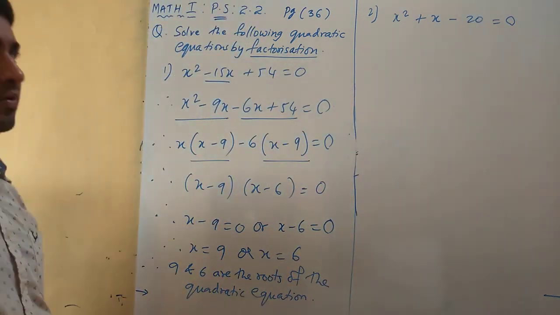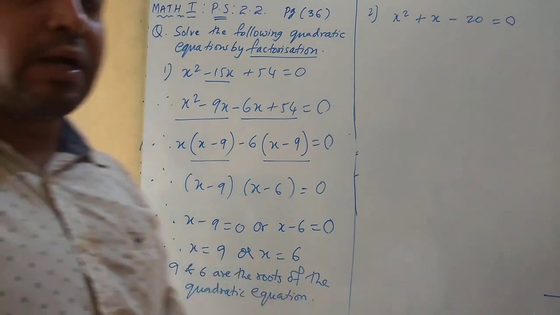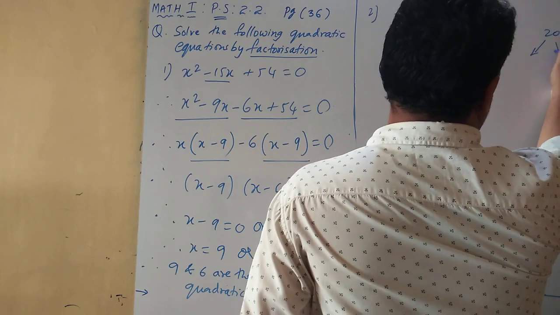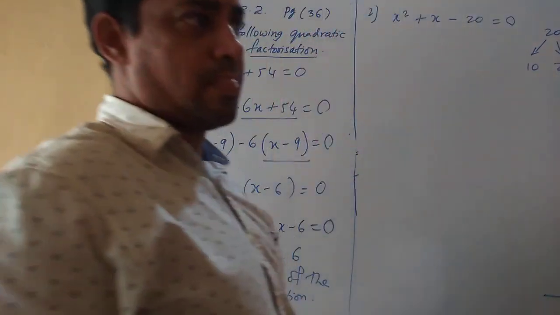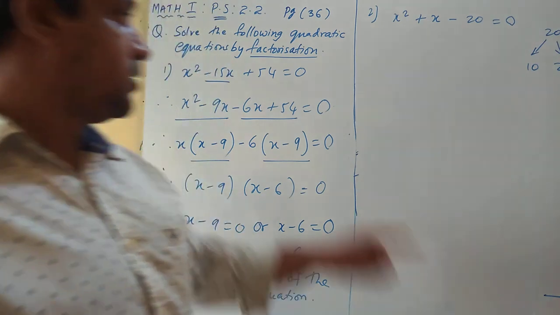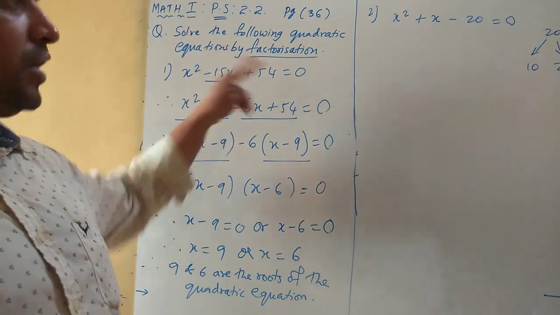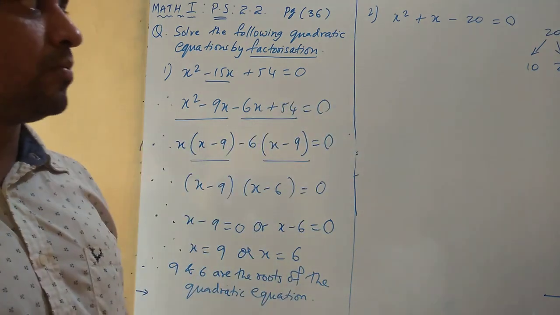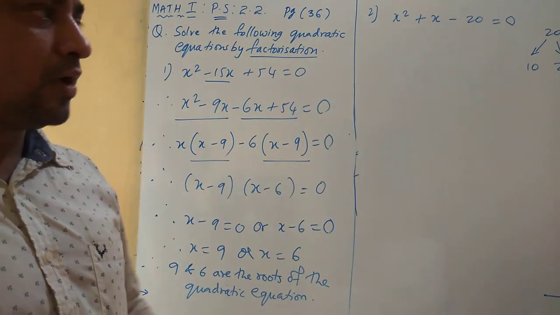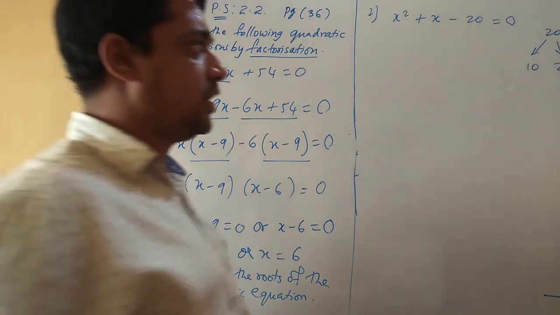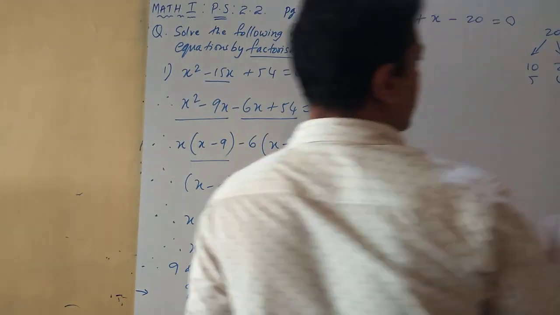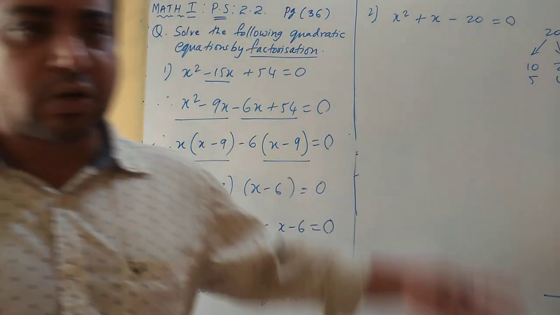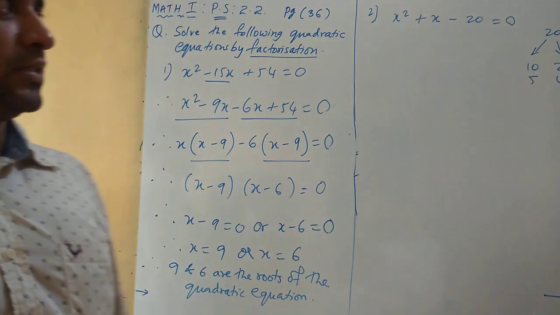Now again you'll have to split. Again you'll get multiple pairs. Okay, let's do it quickly. 20. Okay, 10 2s are 20. Okay, here the table is easier. Earlier for 54, I got 18, 27 2s. That was maybe difficult for some of you. Here there won't be any problem because 20 is an easy number. Everybody knows the table. So 10 2s are 20. Okay, 5 4s are 20. You'll say, sir, 4 5s are 20. That is one and the same. 2 10s are 20. Okay, so we'll leave it as it is now.